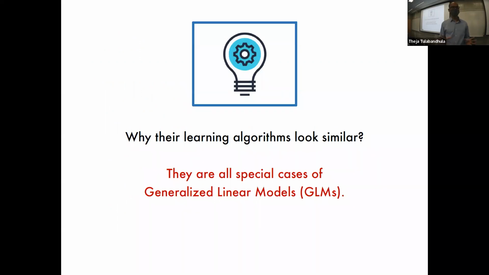But the short answer at this point is that they are special cases of generalized linear models. Okay, so there is some linear component that exactly is the theta transpose x component, and there is some choice that you are making, through something called a link function, this g function. If the g function is the identity function, what is an identity function? x is equal to x, y is equal to x is an identity function. Here, for logistic regression, the link function was the sigmoid function. So the moment you keep changing these functions, you get potentially different models. And some models, of course, you don't want to pick arbitrary functions. There are some example functions that we'll see later as well. So that's what encompasses this class of generalized linear models.